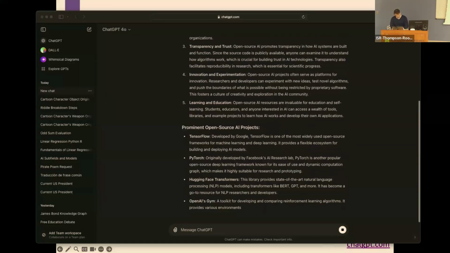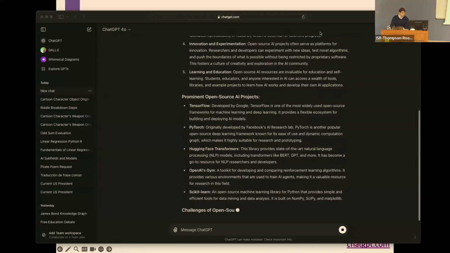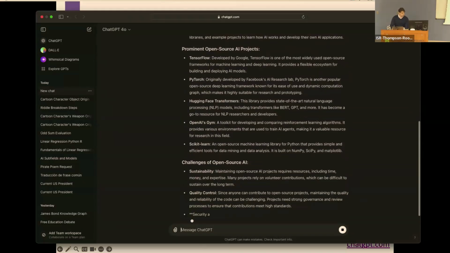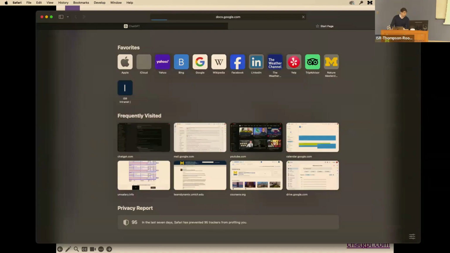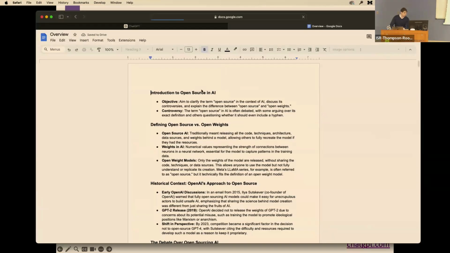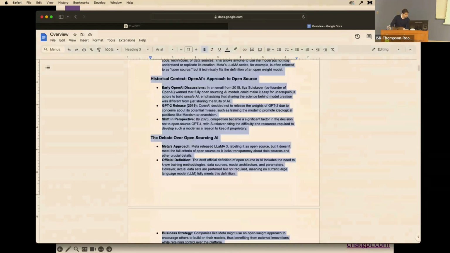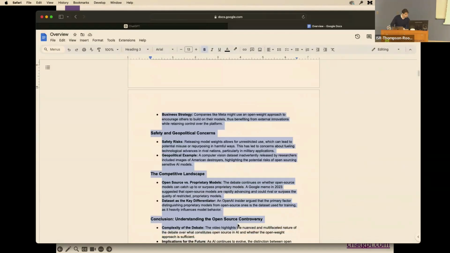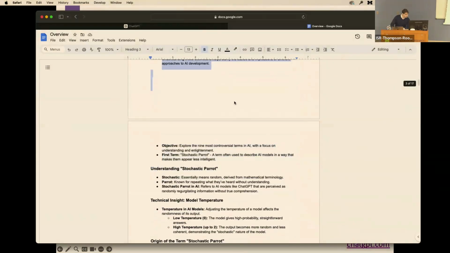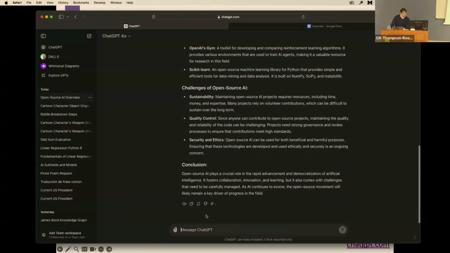We'll go ahead and actually open a Google Doc of mine, which is a different interpretation on the current state. And yep, this is kind of like an outline that I used.